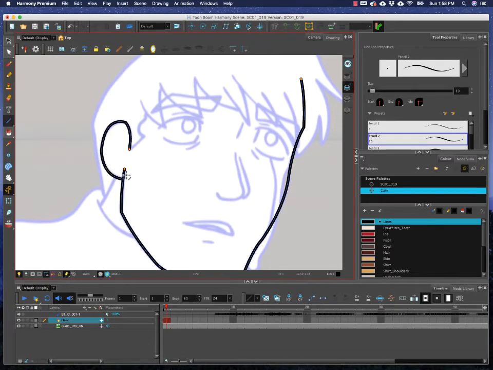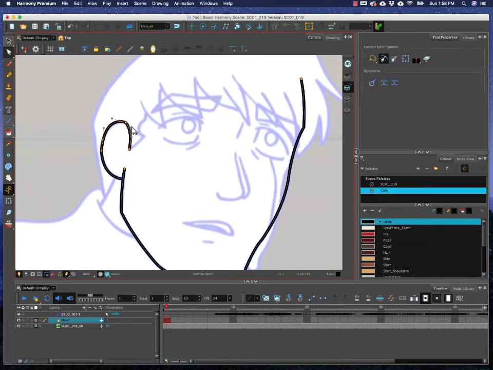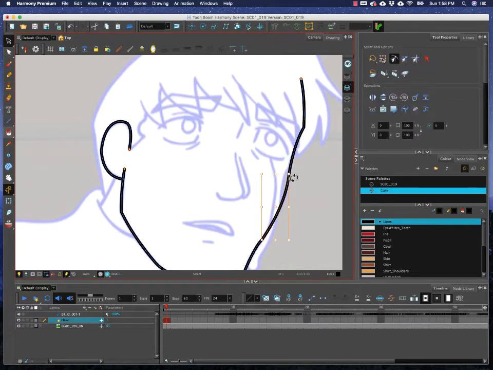There you go. And they don't have to connect at the edges. They can connect anywhere inside. And you can use the contour editor. I don't like how pointy that spot was in his ear. There we go. Now, if you do want to have non-uniform lines, but you want to use this technique, you